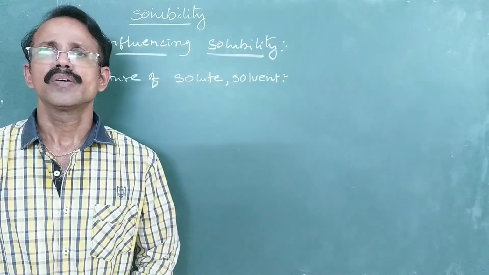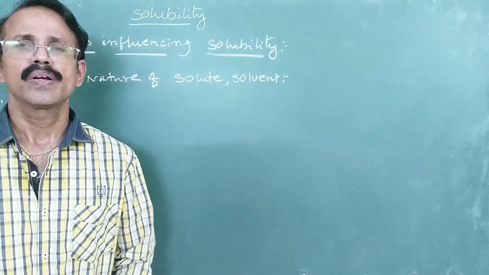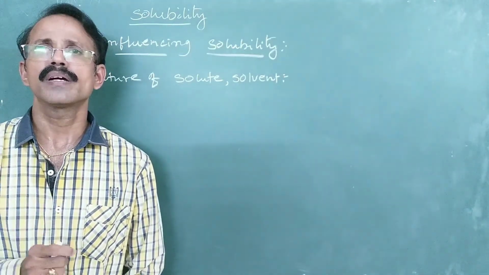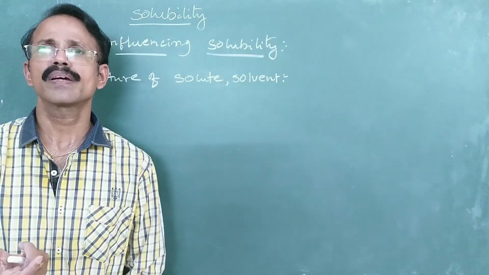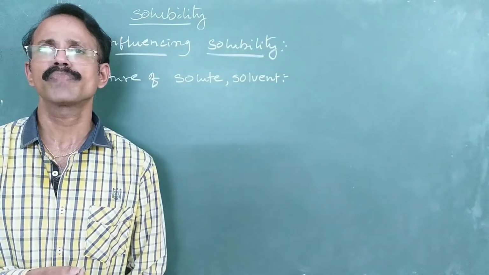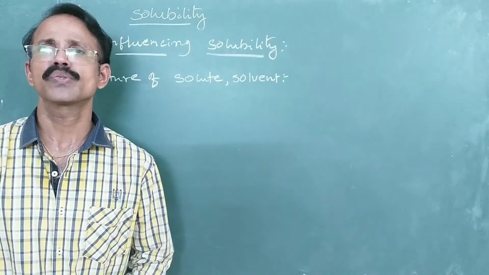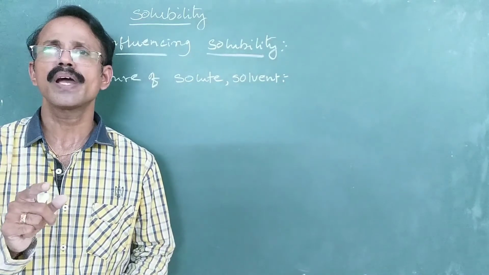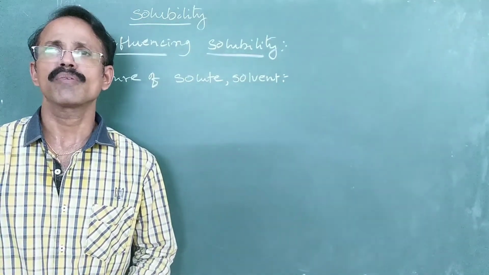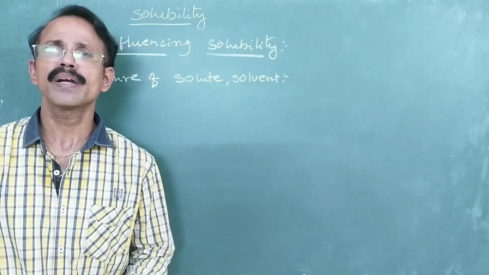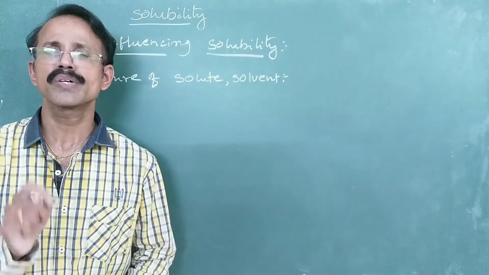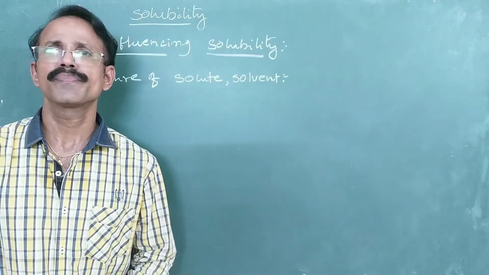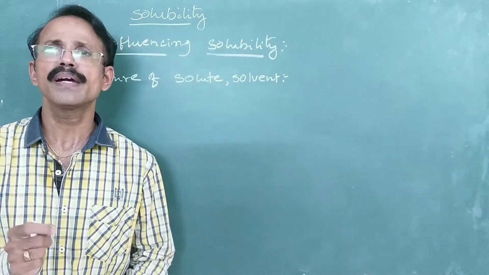What is the reason? Let us see. Ionic substances are soluble in water because water is a polar solvent and there is polarity in the molecule. There is charge separation, so the attractive forces will be developed between ions and the polar molecule. These are known as ion dipole interactions. Because of ion dipole interactions, the ionic substances are soluble in water. Here the principle is like dissolves like.